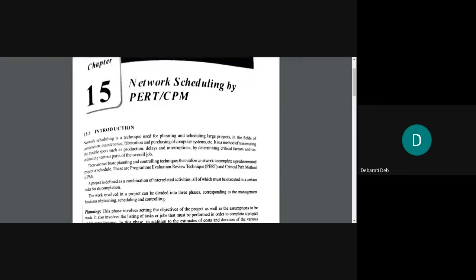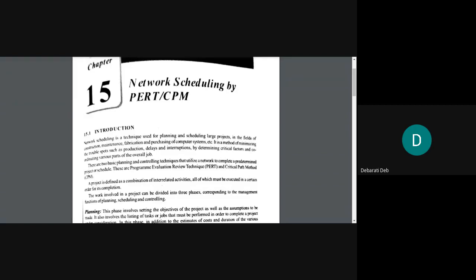All right, the page which you can see on your screen is also there in the book which has been provided from the college to you. I have no idea whether you have collected those books or not, but this is a page from that book, the study material. It's in chapter 15.